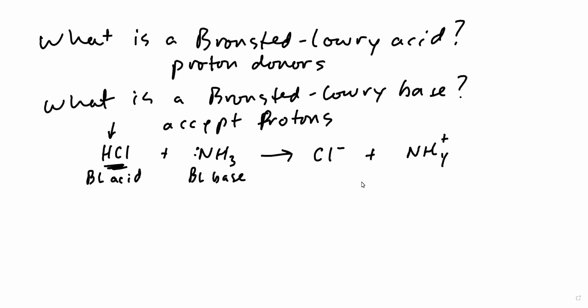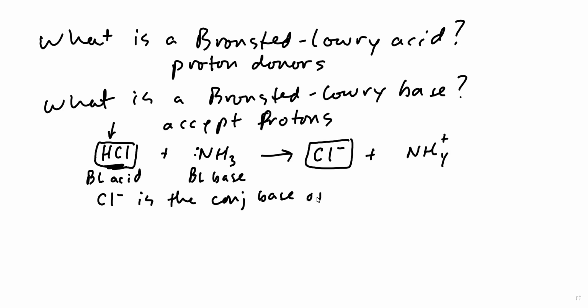All right, we have some other terminology that's really important that we can see here in this example. We see that HCl is connected with Cl-, right? And the way that they're connected is they're called conjugate acid-base pairs. So we would say Cl- is the conjugate base of HCl. And we would also say NH4+ is the conjugate acid